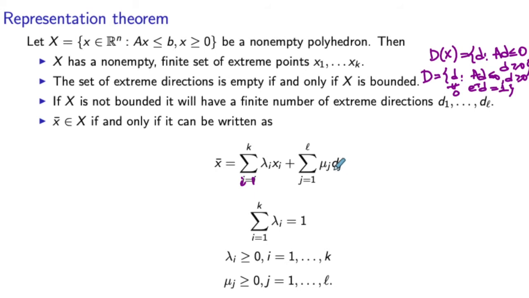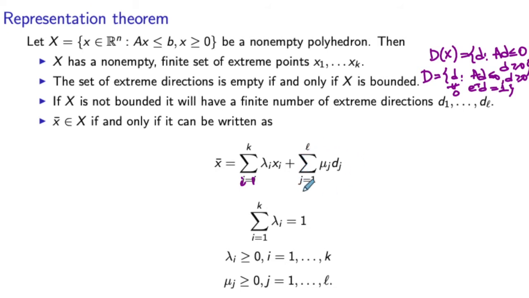So here dj's are the extreme directions for our set X, and mu j's are some non-negative multipliers. Essentially our X bar is represented as a convex combination of extreme points plus some non-negative combination of